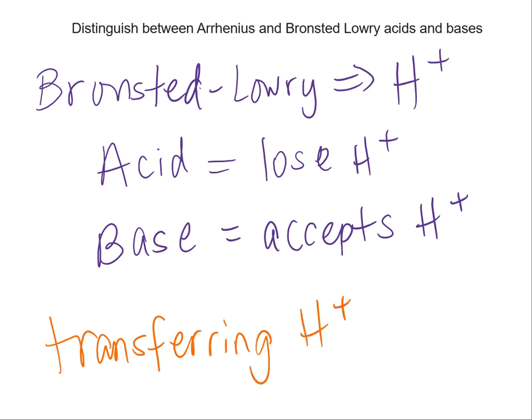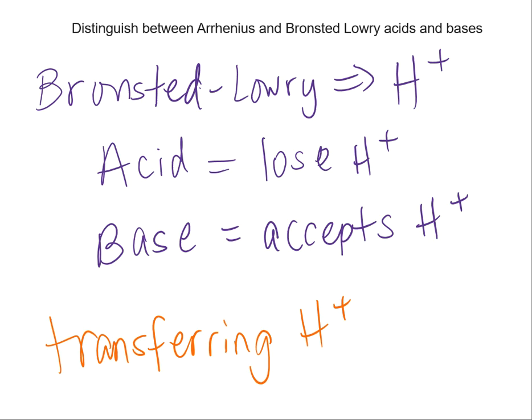What loses the proton is your Bronsted Lowry acid. What gains the proton is the base. So with the Bronsted Lowry acids and bases, we're actually looking at a reaction that takes place, whereas with the Arrhenius acid or base, we can just focus on that single compound and look at how it